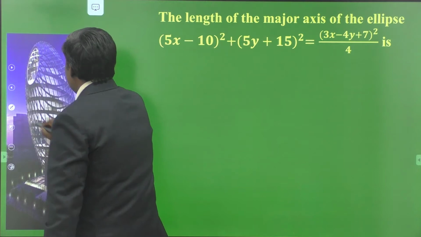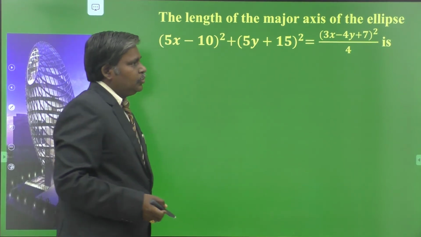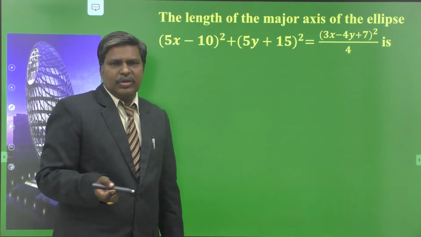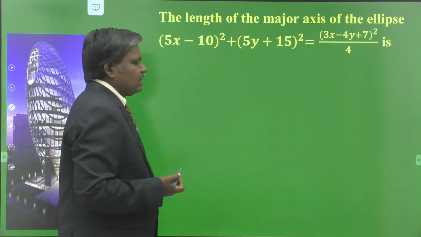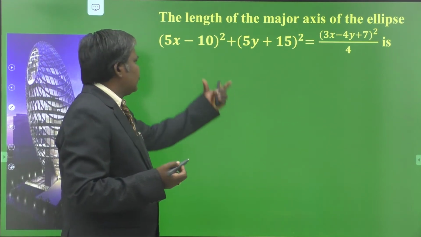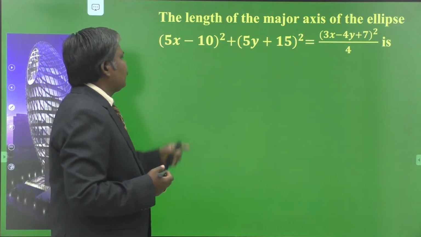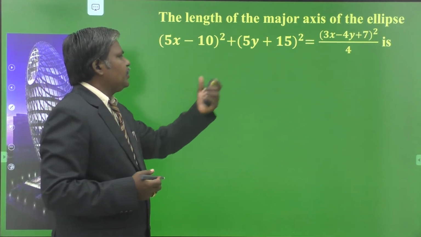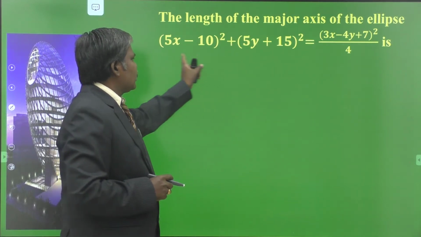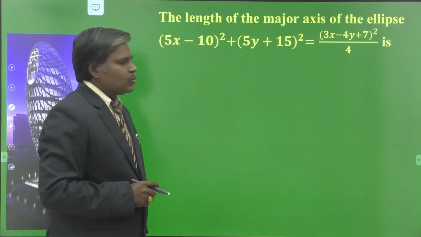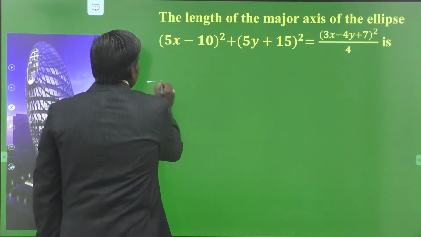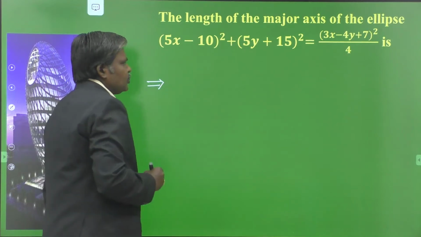Now, it is not in the standard form to write the length of the major axis. If it is x square by a square plus y square by b square equal to 1, immediately we can write length of major axis as 2a for a greater than b and 2b for a less than b. But it is not in this form. It is of the form SP square is equal to e square into PM square form. Am I correct or not? It looks like the square of a two-point distance. So I convert first of all into the form SP by PM is equal to e.